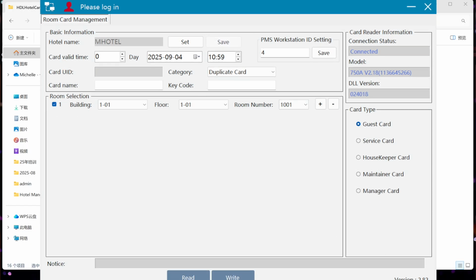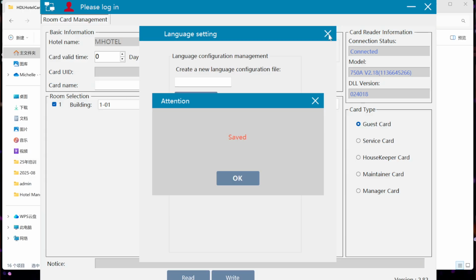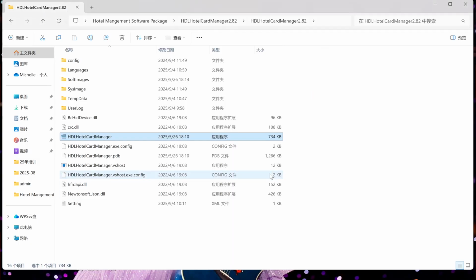And if you want to change the language, if the first time this one is in Chinese, it doesn't matter. You just need to right click, select the third one. In here, you can change the language. Because I have already changed to English, in case you don't know how to change the language, just right-click and select the third one in here to change language. Okay. After we set the language,